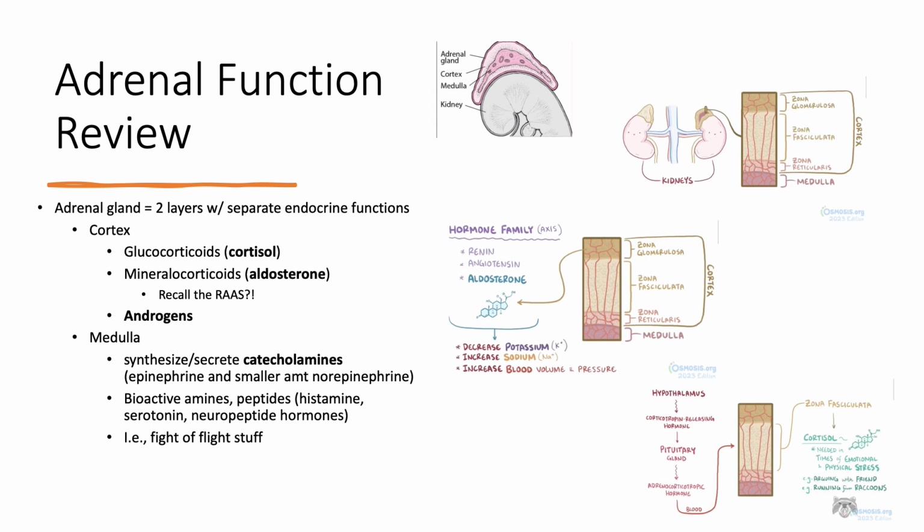So recall that the hypothalamus releases corticotropin releasing hormone, which tells the pituitary gland to release ACTH, and then that enters the blood. It targets the zona fasciculata of the adrenal glands, and there it releases cortisol. So now we have cortisol in the bloodstream. It actually is very lipid soluble, and almost every cell in our body has receptors for it. Okay, so it easily passes through cell membranes,